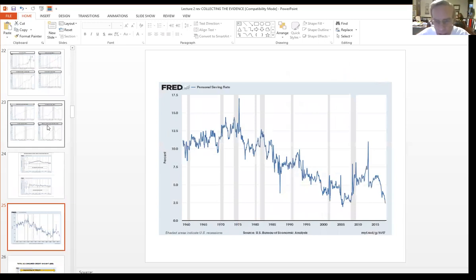Now, here's a chart prepared by the Federal Reserve Bank of St. Louis that shows what has been happening to the saving rate, personal saving. What portion of disposable personal income, that is our take-home pay, are we not spending? And you can see that that portion has declined for several years. And economists debate why that is. The general explanation you will hear